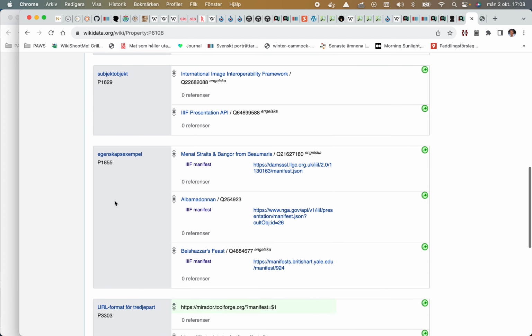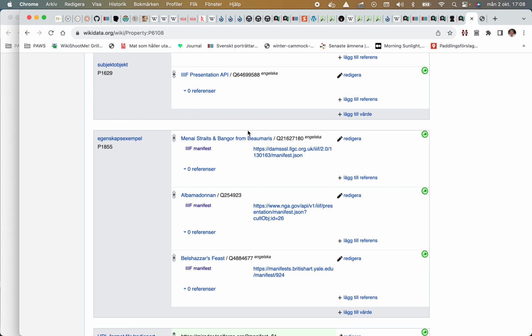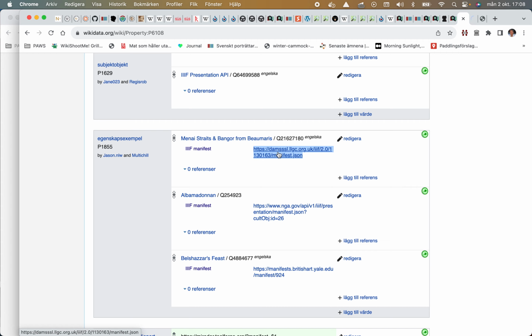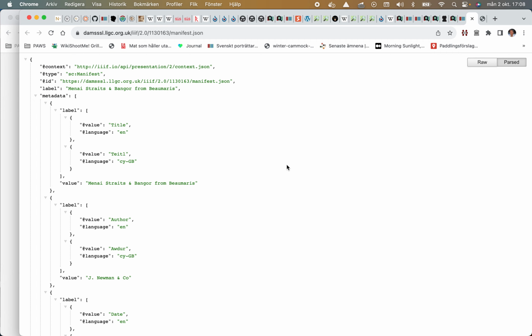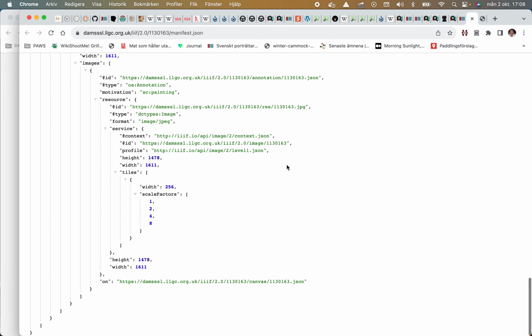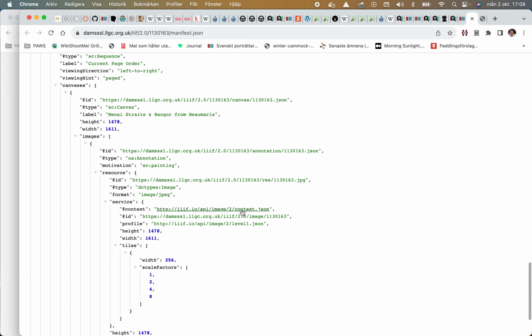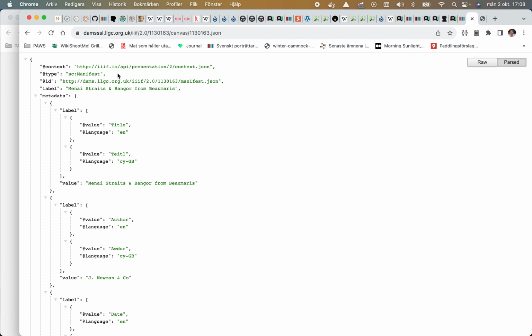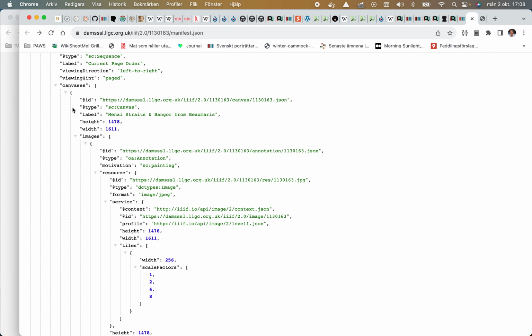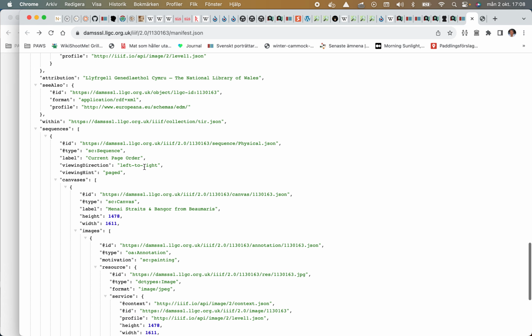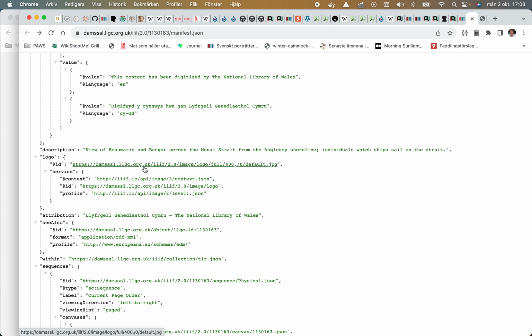So that is, here you have a picture and maybe this is the manifest. So this is how a manifest looks. So I guess this is the canvas, the picture, and then you can add layers above where I think we should add something like